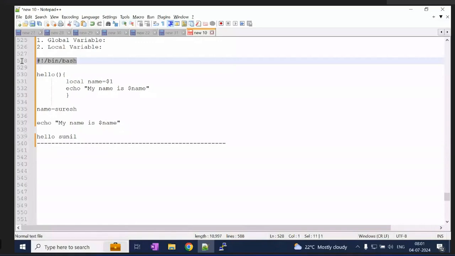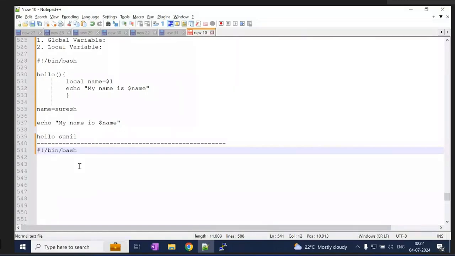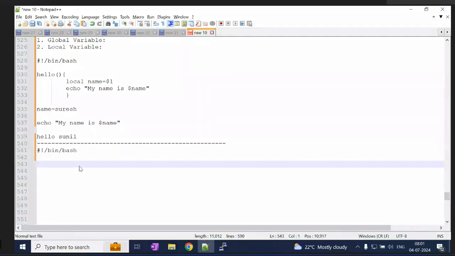The program will be the same. The only thing is which function you are using, that is going to change. The functionality will be the same, but which variable or which function you want to use, only those will change.